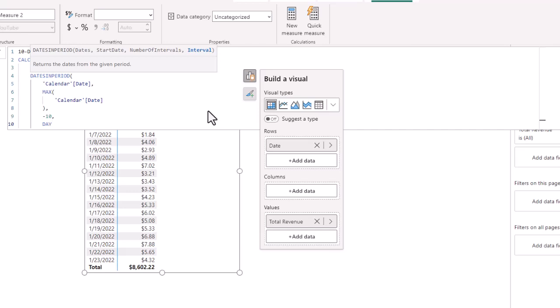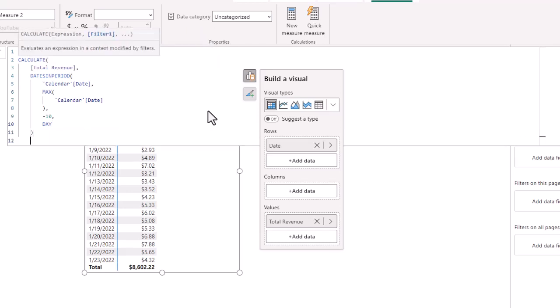And then we're going to close out the final two, DATESINPERIOD, and then we're going to close out the CALCULATE. So what this is doing is calculating the total revenue for the DATESINPERIOD, and each of those dates and the period is in the matrix on a day-by-day basis, minus 10 days from that day. So that creates the measure,